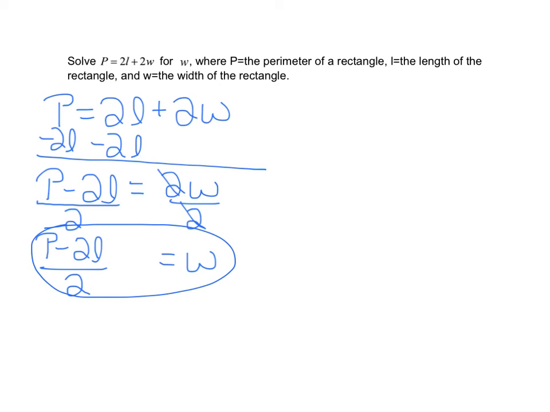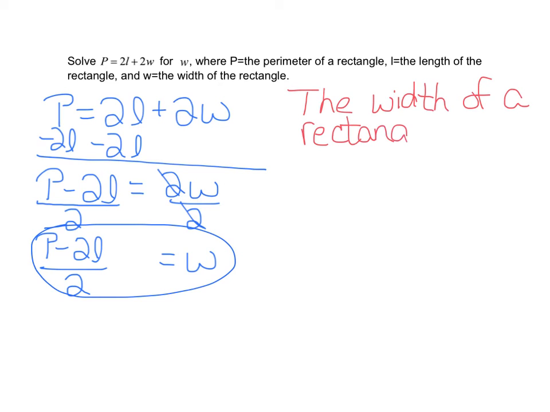What are we saying here? I see W. W stands for the width of a rectangle. Notice I didn't just say the width. The width of what? The width of a rectangle is, okay? Now, how do I handle this over here? Well, remember this is in parentheses, so what words do I need to use to indicate that that's in parentheses? The quantity, right? So the width of a rectangle is the quantity